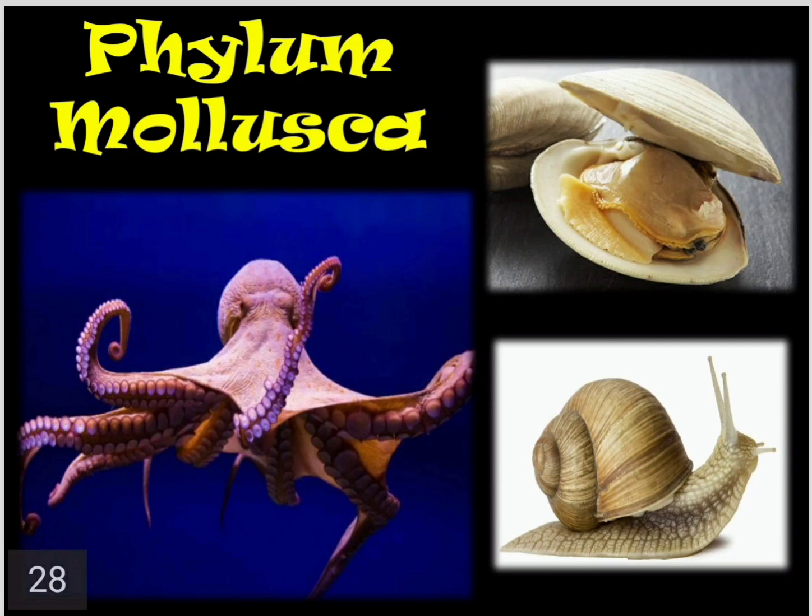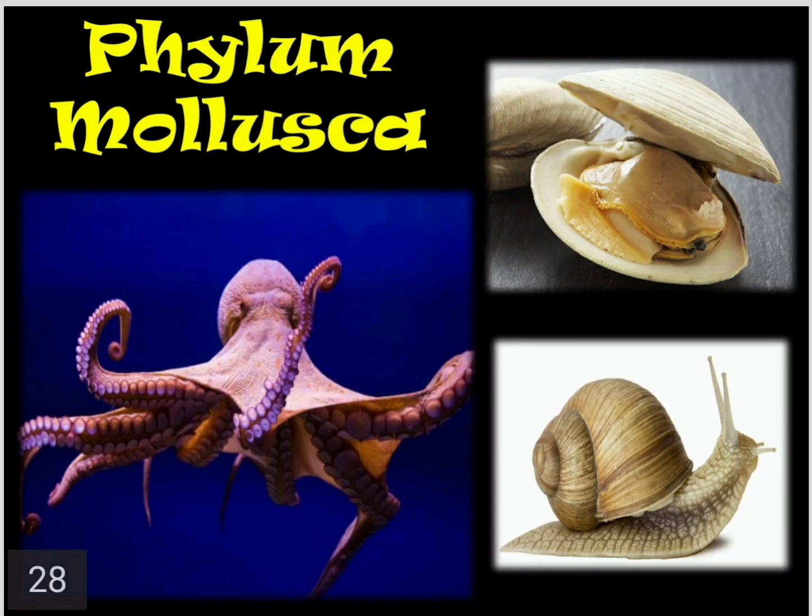Now this is the second largest phylum in the animal kingdom. The first one is what we have just discussed, that is Arthropoda, the first largest, and the second largest is Mollusca. These animals are aquatic or terrestrial. They are found either in water or on the land. Most of the aquatic mollusks are marine, but very few are also found in fresh water. Most of them live in salty water, but some of them, very few of them, are even found in fresh water.